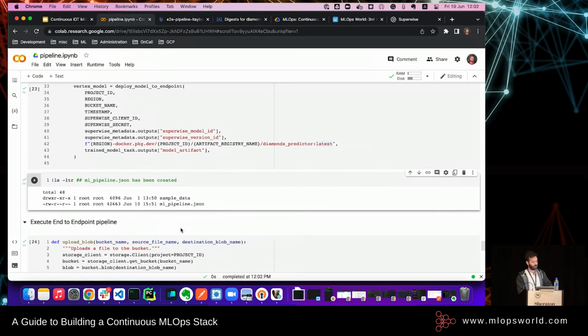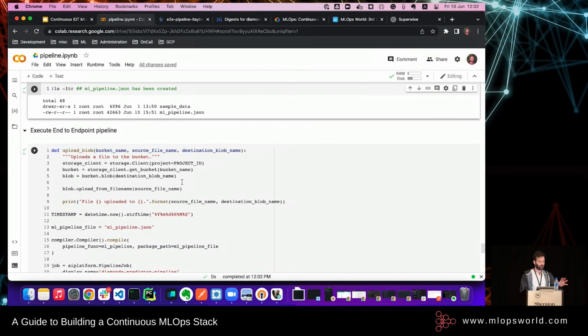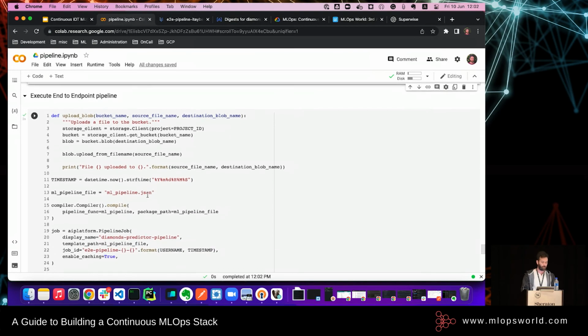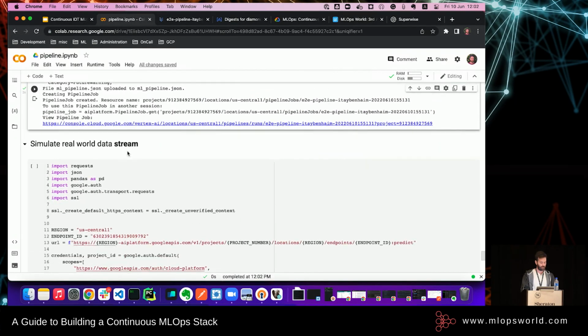Something to bear in mind, which I think is very important, is the ML pipeline JSON that has been generated during the run, it's in UTC time, I think. This is actually the state, the serialized JSON of the entire pipeline. And we can use it and share it among different teams, where different components are written by some, but other components will be shared. Yeah, and then I ran it, and it's all good.